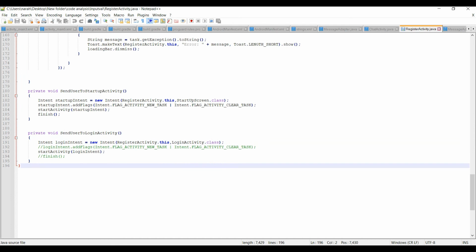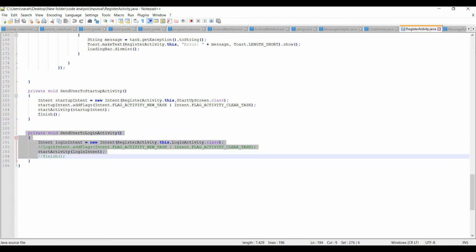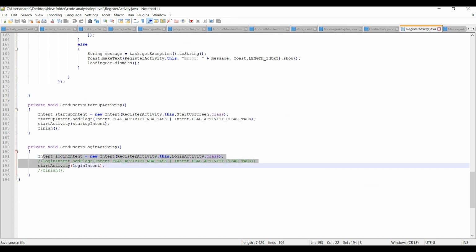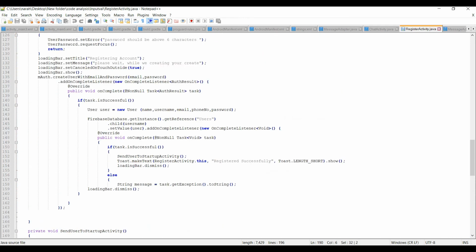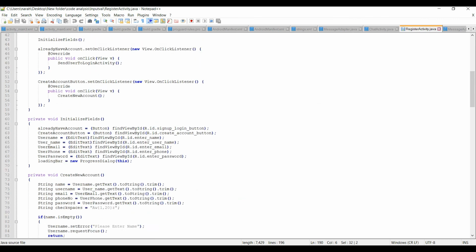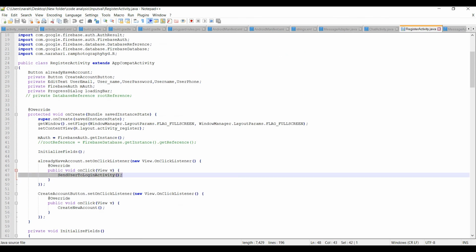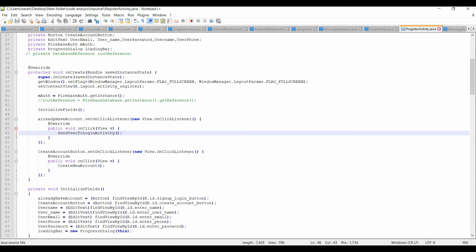So there is no need to write it in a separate function, but here why are we writing a separate Java method? If you want to use it multiple times, instead of writing all this code, in the above we have used, right? If you simply call this method, it will be easy. Like as we declared in the string section, we are creating a separate method because it will be easy for us if we want to use it multiple times.